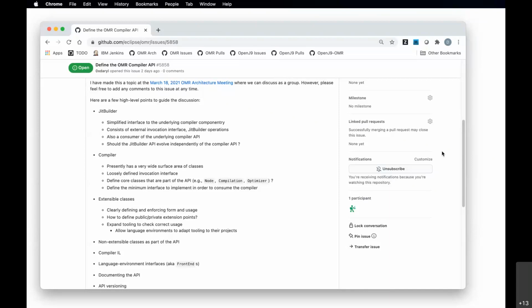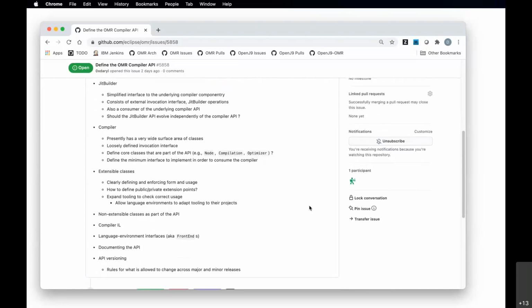And, you know, there are certainly other requirements from JIT Builder consumers that I think would benefit from expanding certain other aspects of the JIT Builder API, like the initialization sequence. Right now, that's actually one of the places that does expose a little bit. It's an optional part, but you can specify TR options as part of your initialization call, right? That has nothing to do with JIT Builder. It's all purely internal names of options that only the OMR compiler knows about. And you don't have to use it, but you can use it.